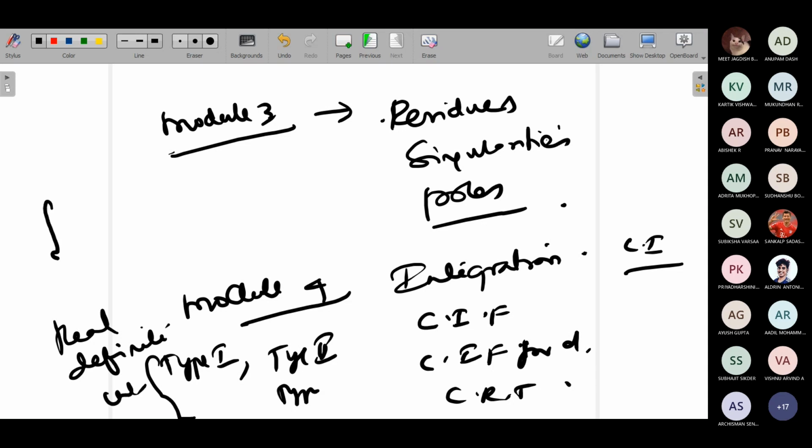Integrals of the form 0 to 2 pi, integrals minus infinity to infinity. So type 2 and type 3 will be of similar solving. This will be of a different solving. You remember you have to substitute z equals e power i theta, cos theta equals z plus 1 by z, sin theta equals z minus 1 by z, and other things. All those things you have to do. That is there in module 4.